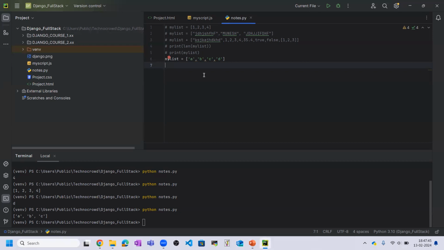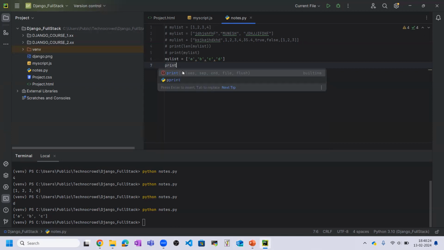So list is mutable. So basically two terms we are using that are very important in case of Python. The one is mutable and another is immutable. Mutable is important because many things in Python are mutable, like list, not a linked list. List is mutable and dictionary is mutable. Okay, dictionary is mutable, but string and tuple these things are not mutable. So here I can show you how to update the element in the